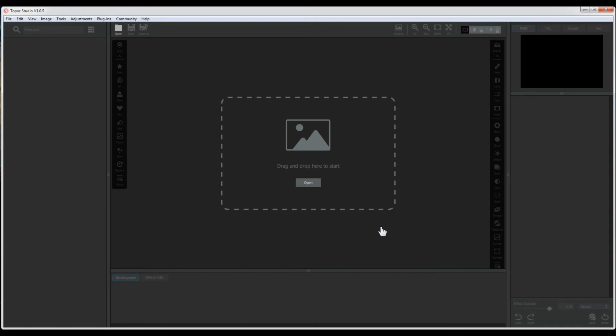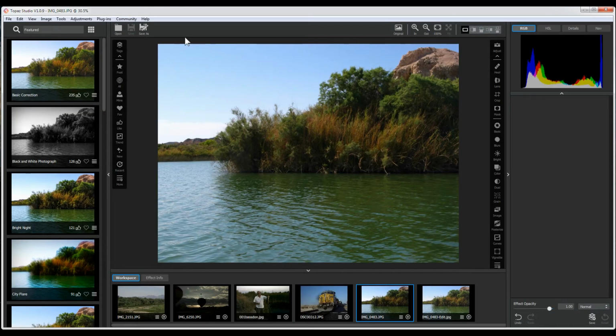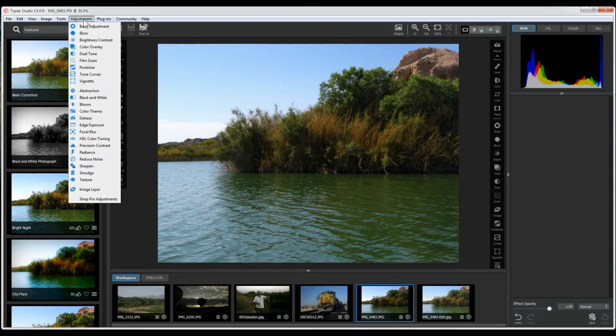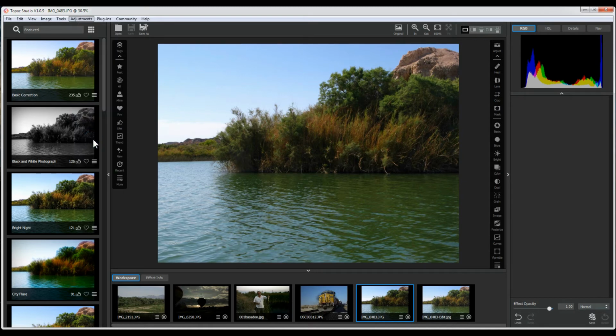Well, we showed you a few of the adjustments that are available. Now comes the big question. Why would you want the Pro Pack? Now if you go up here to adjustments, you'll see the brightness, contrast, the basic, and all of these adjustments right down to this line are your basic adjustments. All the ones below this are the ones from the Pro Pack. Now why would you want this? Well,